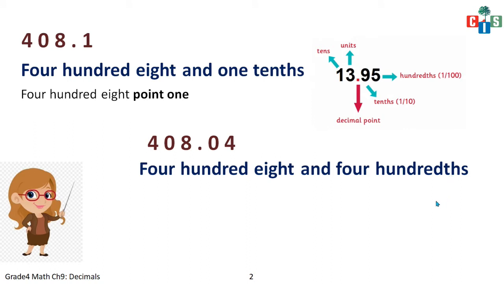Now observe the difference in the first and the second number name. Here it's 10th, so it's after one decimal point. Okay, here it's 100th, so 4 is in the second place after the decimal point. Fine. If I would have written 4/10th, this would be a different number. It would be 408.4 if it would be 10th here.